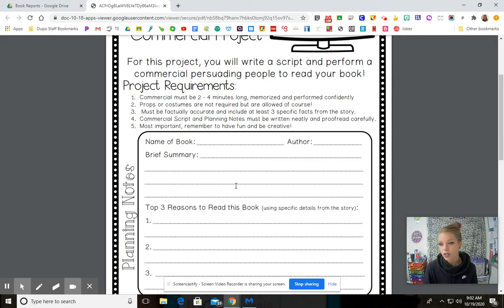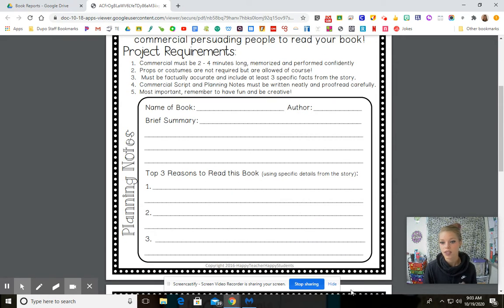Okay. So I'm going to give you a little example with the story 7th Grade by Gary Soto because we just read that. It's kind of fresh in our minds. So here we go. I'm going to talk to you today about 7th Grade by Gary Soto. This story is about a young boy and his friend who are in 7th grade. The main character, Victor, tries to get a girl to like him by impressing her. Now, there are a few different ways you can try and impress somebody, but he takes it to the extreme, and it doesn't necessarily work out for him the way he wanted it to.